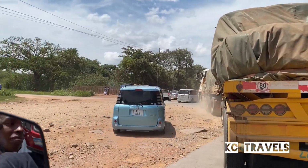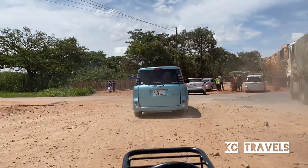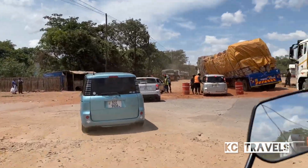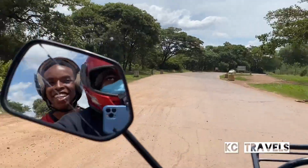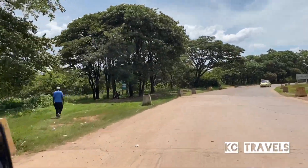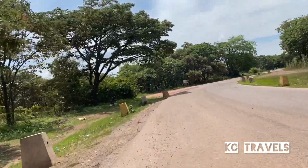Going forward there, that's on your way to Kasumbalesa. I'm pretty sure those that have watched my Kasumbalesa video know the route. So to go to Konkola, you basically turn to your left, and you can now proceed. We are literally now proceeding to Konkola. This is the route that takes us to Konkola, and this route is called